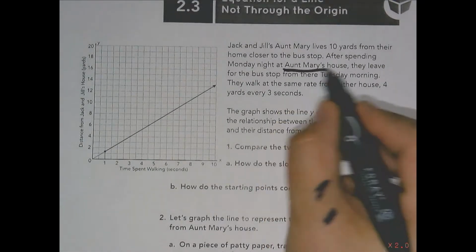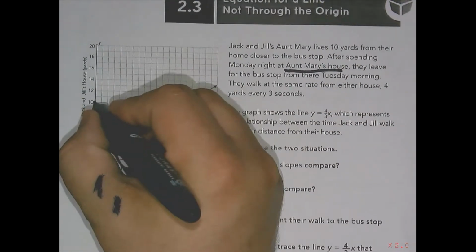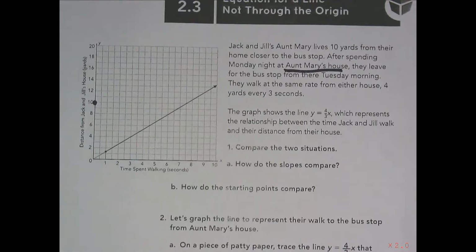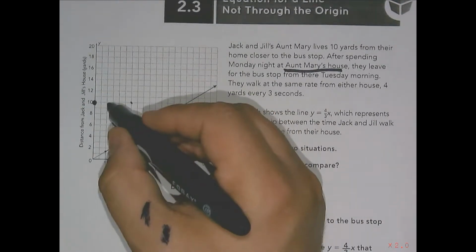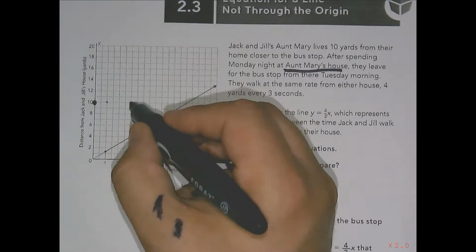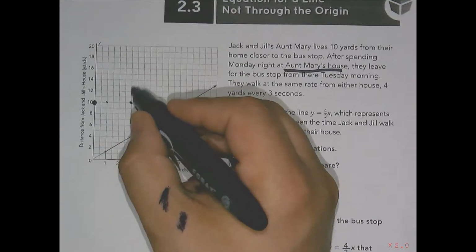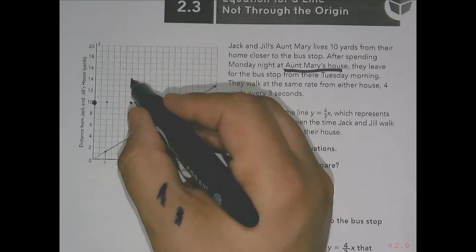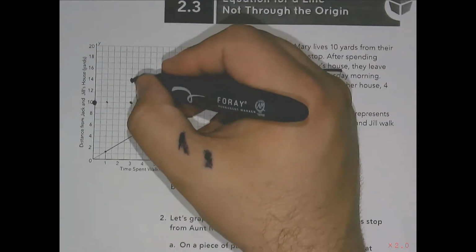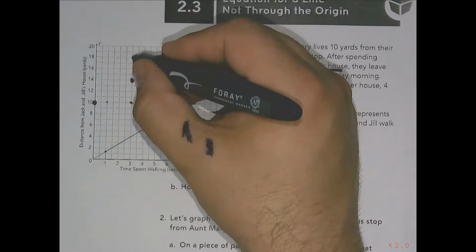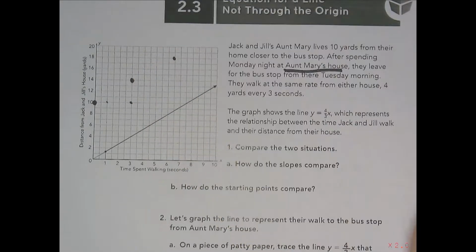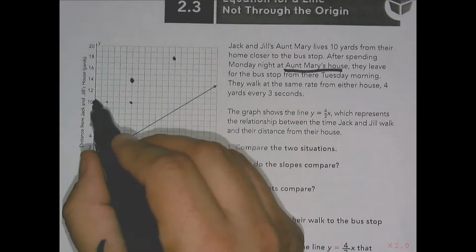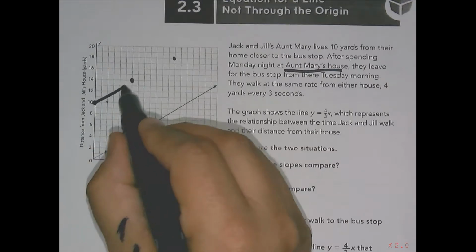So if they're at their Aunt Mary's house, which is 10 yards away, they start at 10 yards. And so then for every 3, the way the graph is, it's 1, 2, 3, they travel 4 yards away from their house. So then you're going to go up 4 over 3, which is really like that. Now if you sketch the graph, what you're going to see is